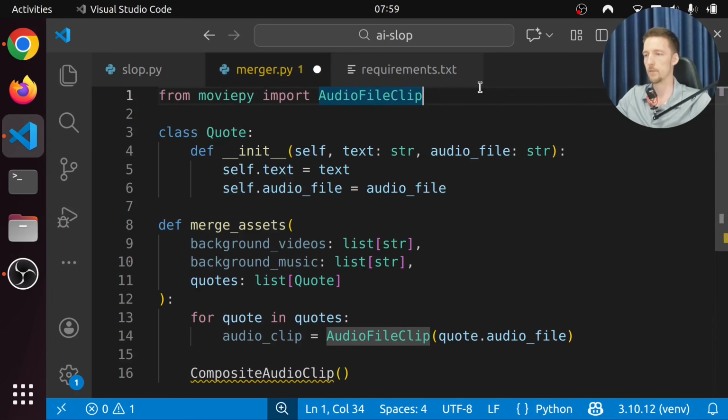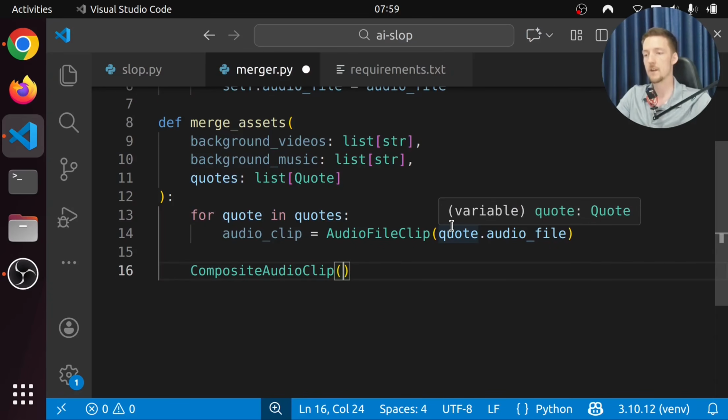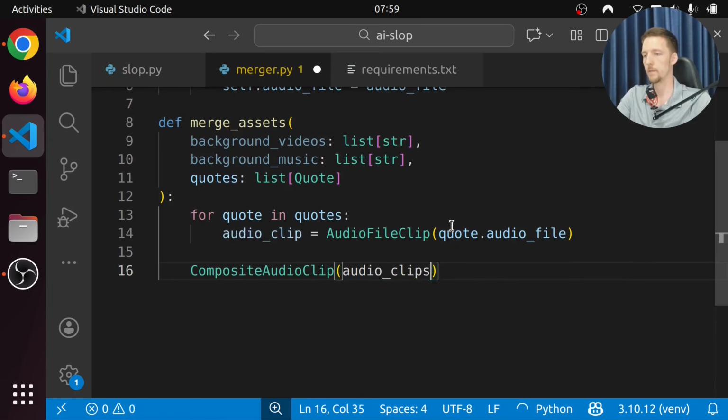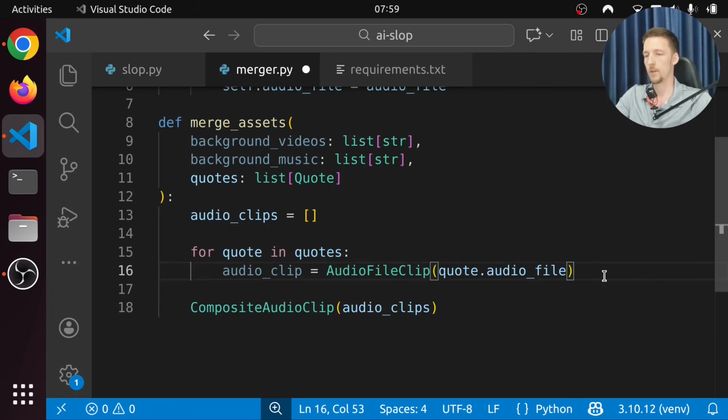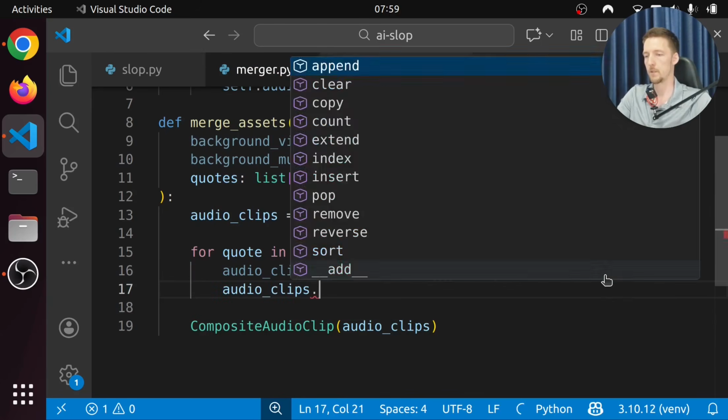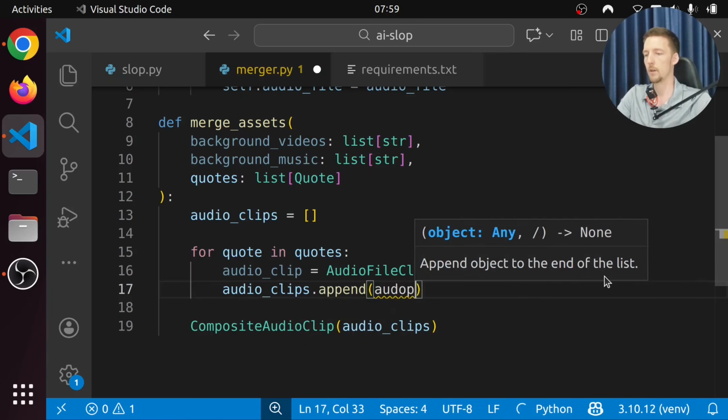So let's import this too. CompositeAudioClip, and we can put here a list of audio clips. So let's call it audio_clips, and let's add all the audio clips in this list. So we start with an empty list, and we are going to do audio_clips.append(audio_clip).